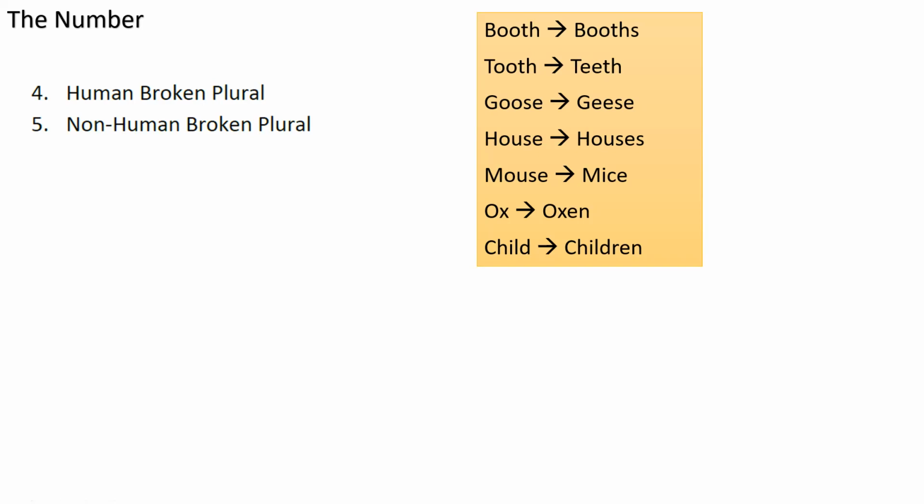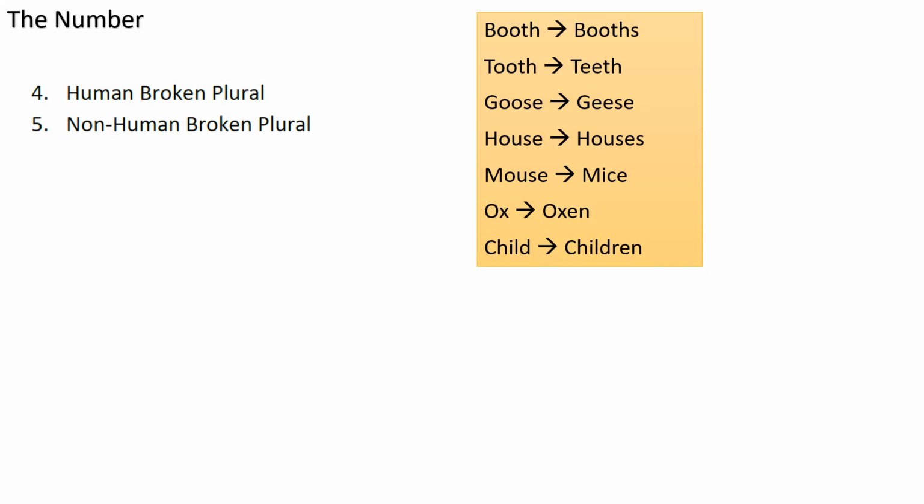An extra challenge is that in English, as far as I know, there are only a few words with this broken plural concept: tooth, teeth, goose, geese, mouse, mice, ox, oxen. Maybe a few more here and there; if you go to the dictionary, you will find a few more, but not too many. But in Arabic, there is a lot of broken plural.